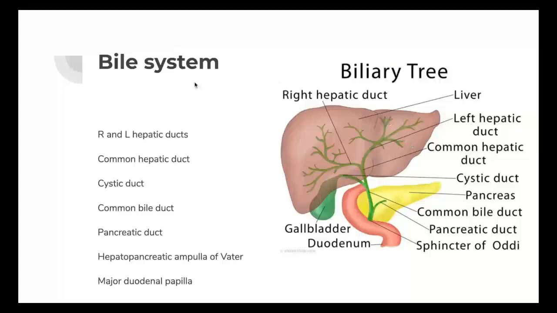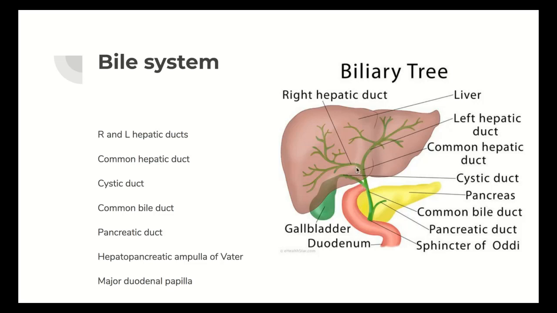Okay, so for the bile system, this will be important for you to know where each of these branches are coming from and where they're going to. I'd recommend being able to draw this just so you can keep your ideas straight. So we have the right and left hepatic ducts, coming from the liver. The right hepatic duct and the left hepatic duct come down here, and then they form the common hepatic duct. That makes sense, the common hepatic duct. So right and left hepatic